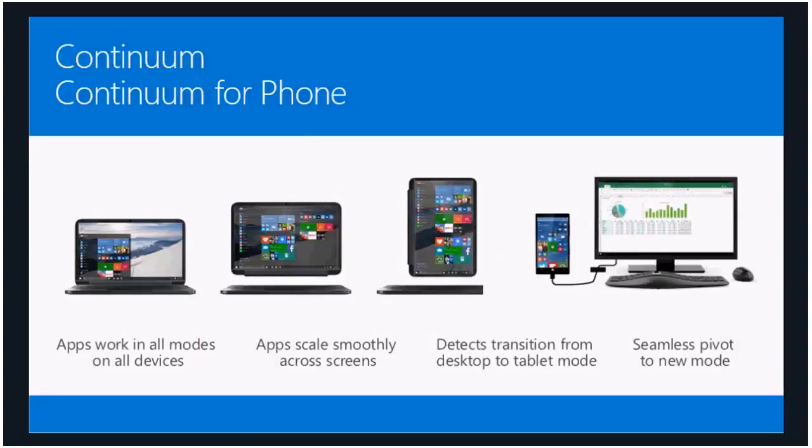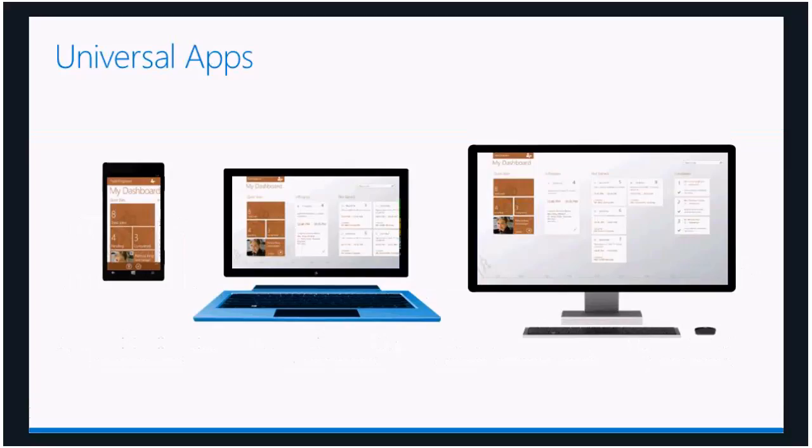So again, it scales across the various workloads, depending on how you're utilizing it, depending on the application, all the way from the mobile phone all the way through the desktop world. So when you get these universal applications like Office 2016, you're going to get that same look and feel across the various devices. From a development standpoint, if you're doing your own custom app dev, you can write one program that will work across all your devices, right?